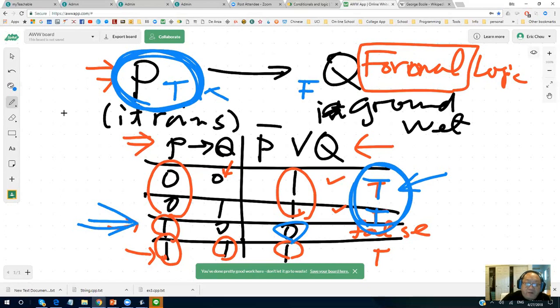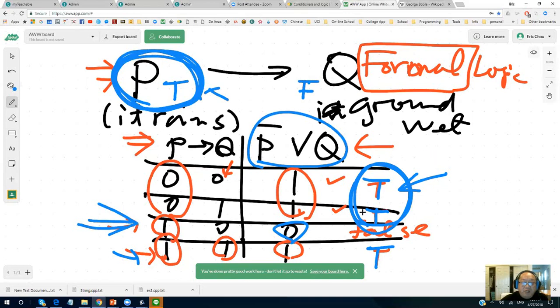And if you actually run around 2 miles a day for 10 days, and you actually drop 10 pounds 10 days after, then this statement is true. So there are 3 true cases and 1 false, and this is called formal logic.